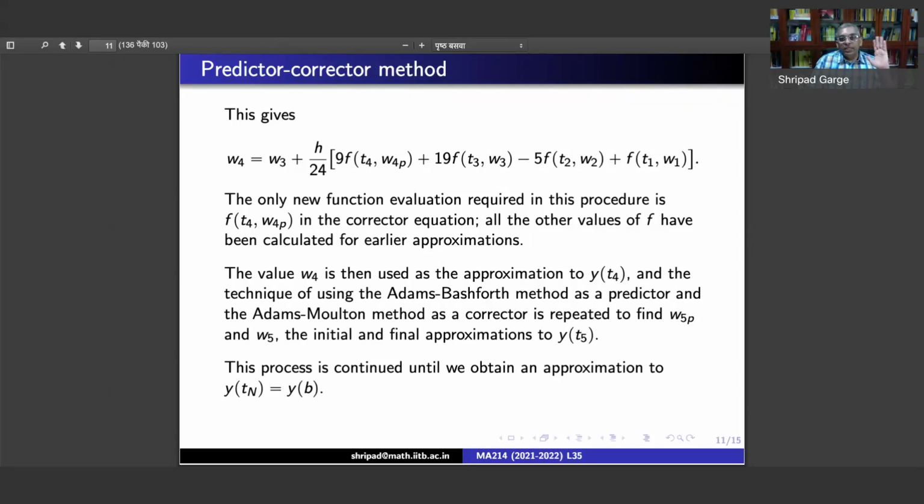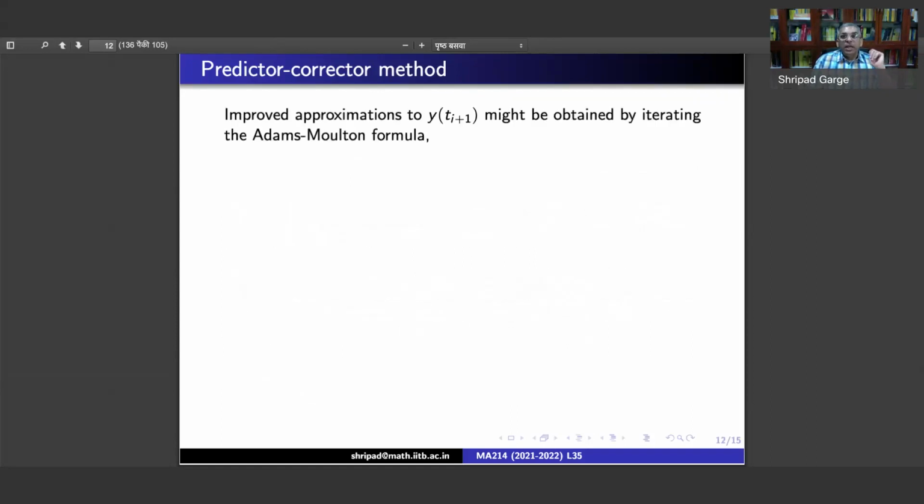This is the predictor-corrector method that we use. And you might think that once we have obtained some value for y(t_{i+1}), which is w_{i+1}, why don't we again put it in the implicit equation and repeat the process there itself? That is one thing that you might think